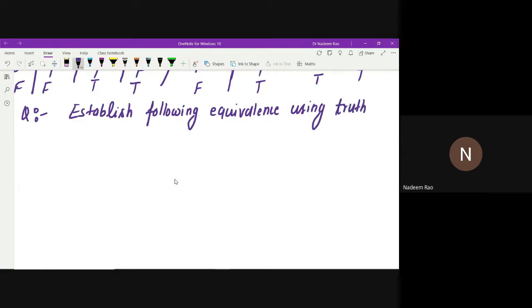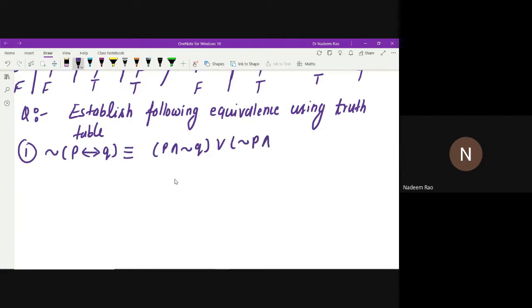Using truth tables. Number one, the negation of P conditional Q is equivalent to P and negation of Q, or negation of P and Q. Fine. And the second one,